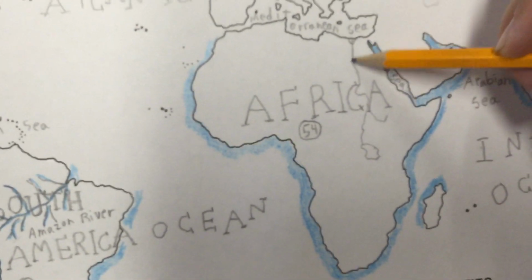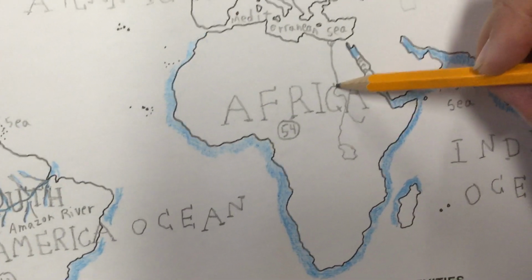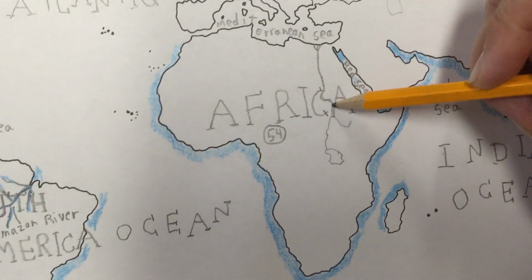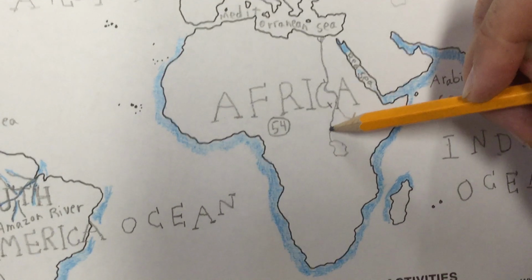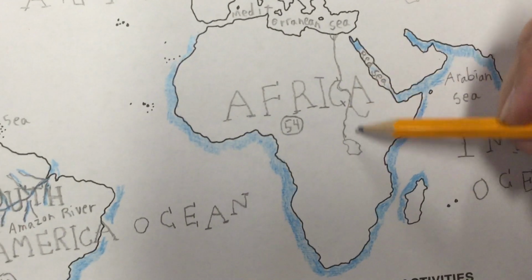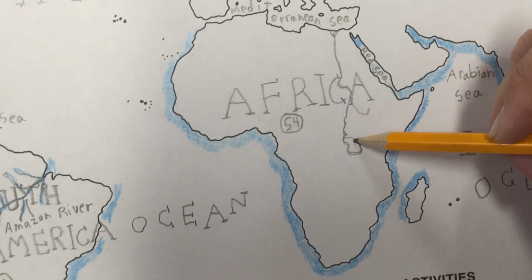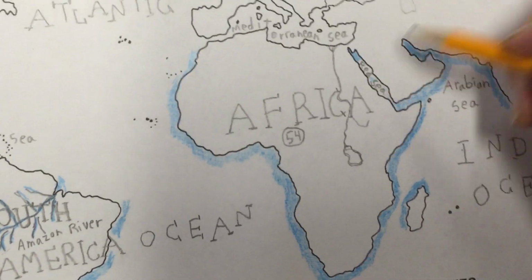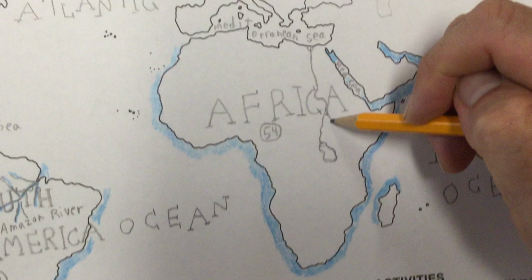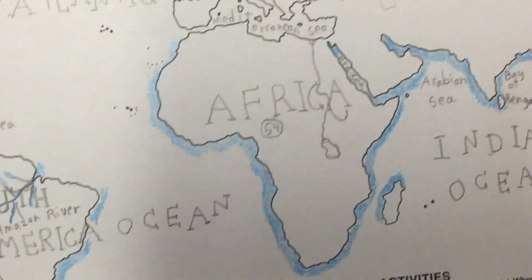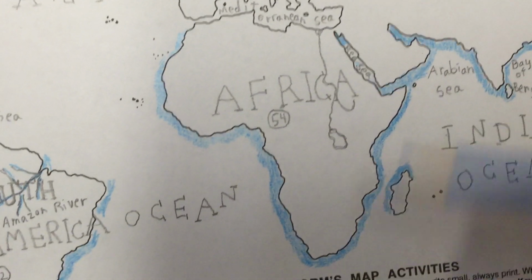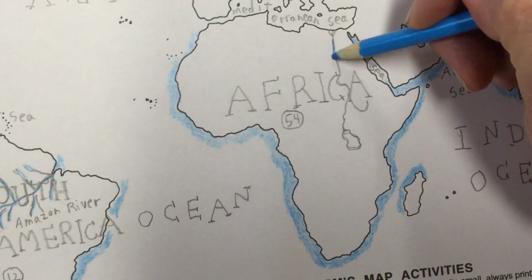Okay, and then you can bring your line going down. It has a little bit of a curve to it. Just try to follow my line as best you can. And then there's a large lake near the beginning of the Nile called Lake Victoria. Oh, and then there's a little branch of the Nile that kind of goes off like that too. So follow my blue, I'll just sketch it